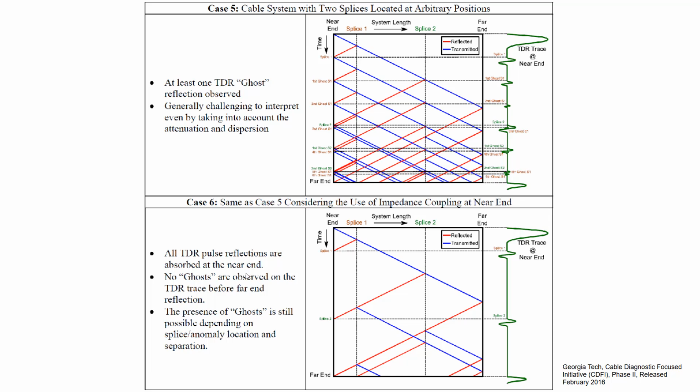All TDR pulse reflections are observed at the near end when you use impedance coupling. No ghost reflections are observed in the TDR trace before the far end reflections. The presence of ghosts is still possible depending on the splice or anomaly location or separation. So that is why it often requires expert advice on what is happening inside for an interpretation. Those who understand this wave phenomena, these reflections, etc., are needed for understanding the time